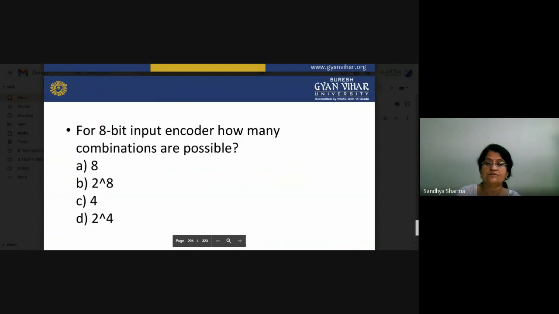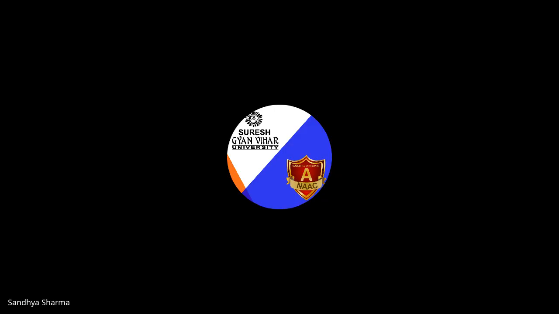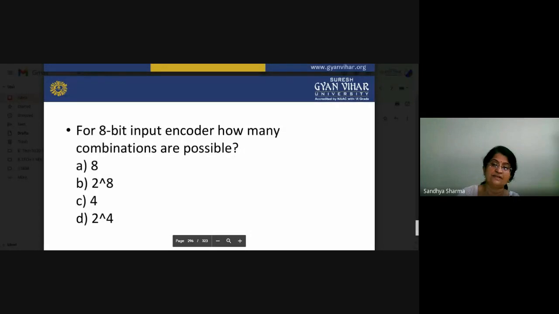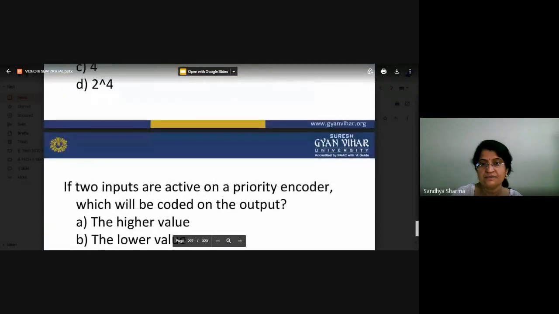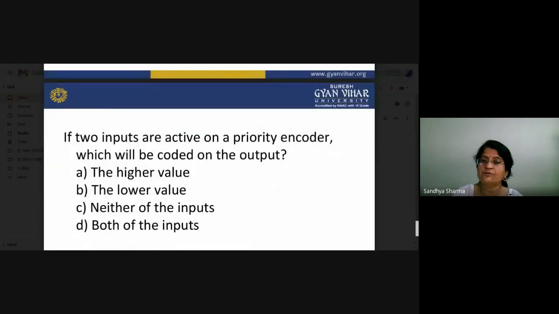You have to see that particular part, and then you can decide the input priority encoder. How can we design a priority encoder? The priority encoder is based on the drawbacks. So here we will discuss what the priority encoder is and what the drawback of your encoder circuits is.